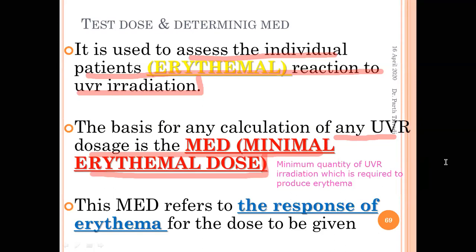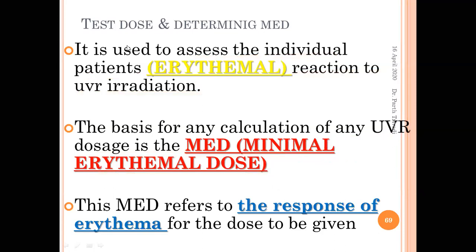So based on this minimal erythemal dosage, we can then progress to E2, E3, E4. Clear? Again, there are certain books which say that minimal erythemal dosage is equivalent to E1. John Law and Reed electrotherapy book says it is equivalent to E1. But certain books say that minimal erythemal dosage is different, E1 is different, E2 is different, and E3 is different. So the books which state that there is only E1, E2, E3 consider minimal erythemal dosage as a separate entity, whereas the books which say that MED and E1 are equal have E2, E3, and E4. Okay, we would see all these things in detail in our video.